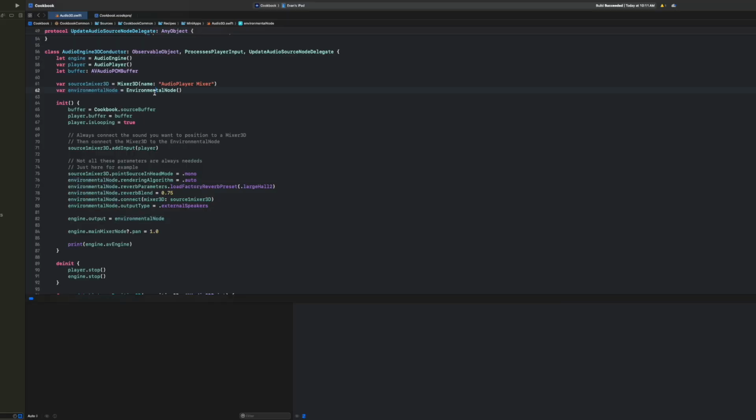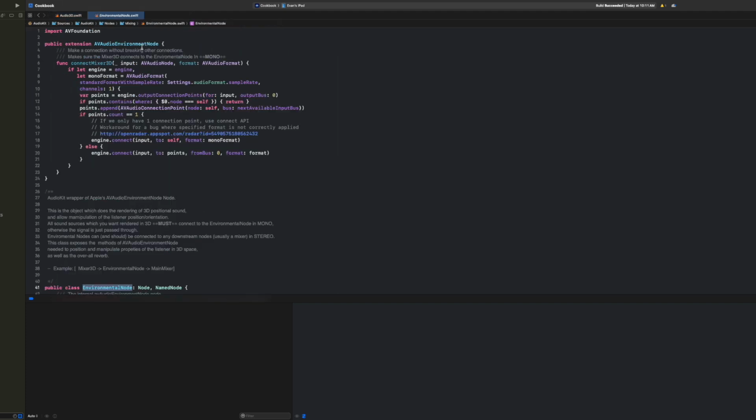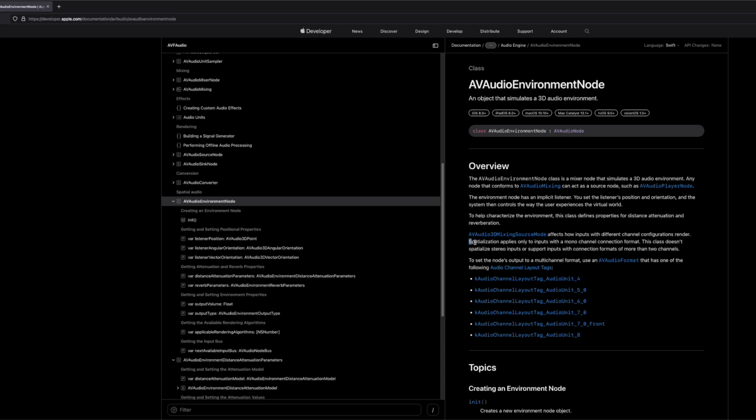And if we go and investigate this in the cookbook code from the last video, which go check it out up there if you haven't yet, we can see that all the rendering is doing here is it's doing this environmental node. And this environmental node is essentially an